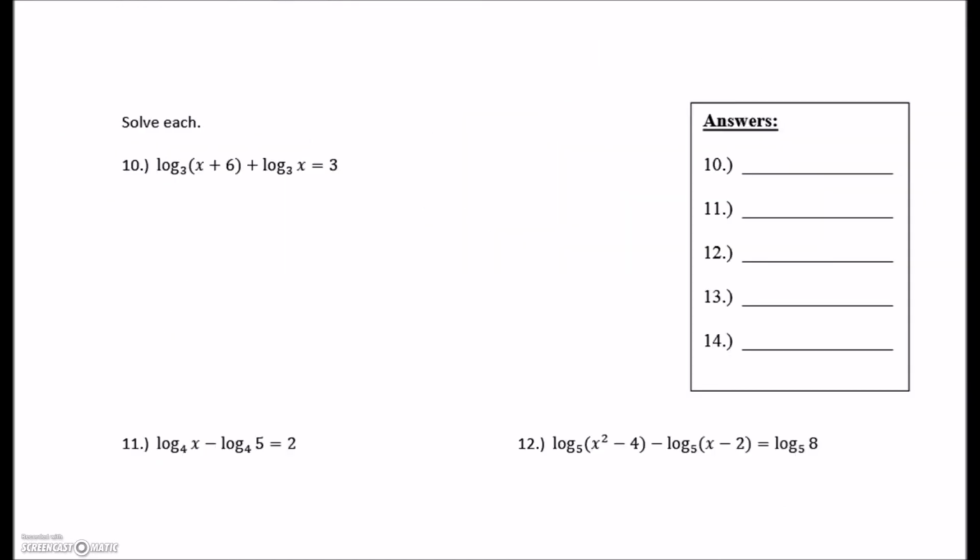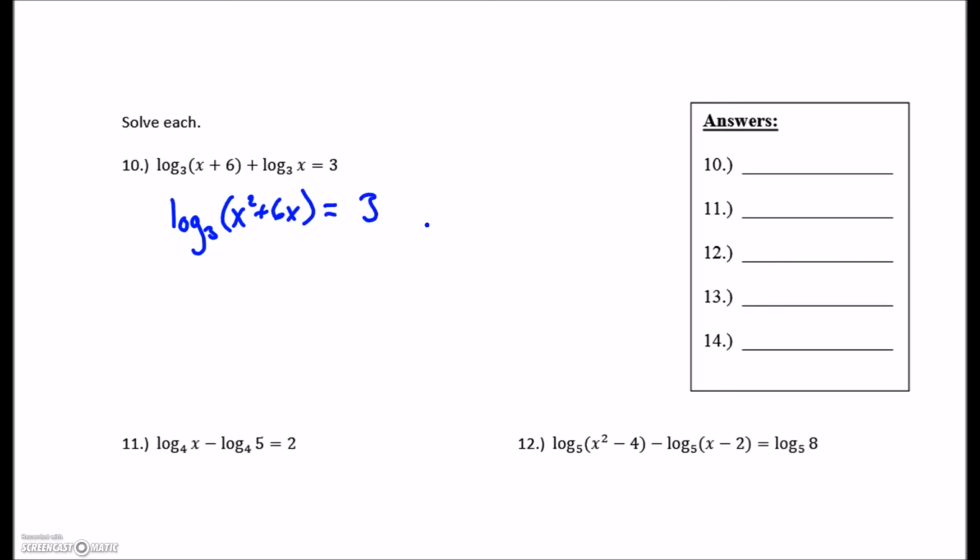If I look at this one, we want to solve each of these. Remember, when we're dealing with a logarithmic equation, we have to isolate the logarithm, but our version of isolating the logarithm here means rewriting it as one logarithm using our properties. So here I have 2 logarithms being added. It becomes multiplication inside the logarithm, so it's log base 3 of, when I multiply, that gives me an x squared plus 6x